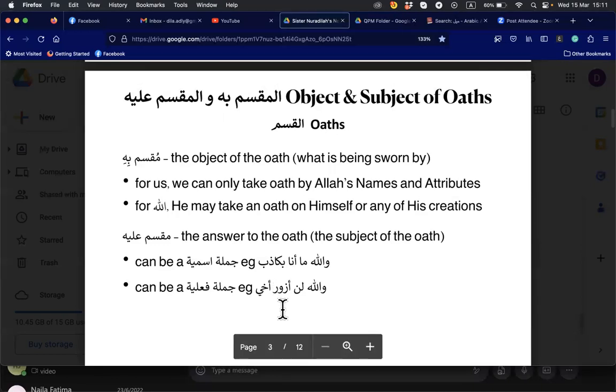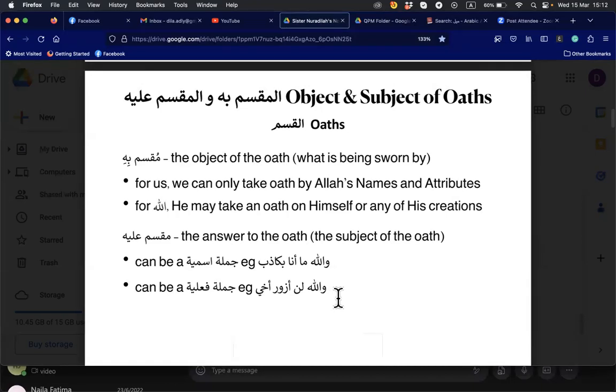But what family? We always get puzzled with this. Is it the family of azuro, or is it sound? Azuro, so it's from qala yaqulu. So this is ana azuro, mansub because of the lan. And then akhi, my brother. So azuro means what? I'll tell you the masdar and you surely know. The masdar is ziyarah. Visit.